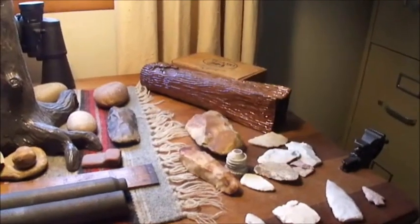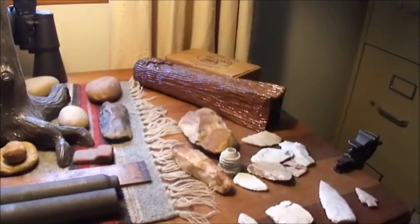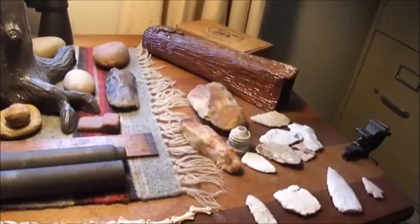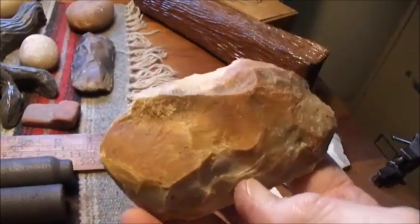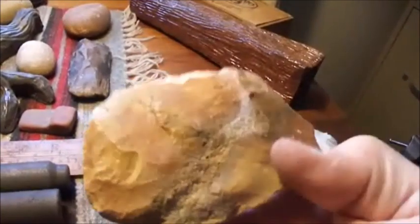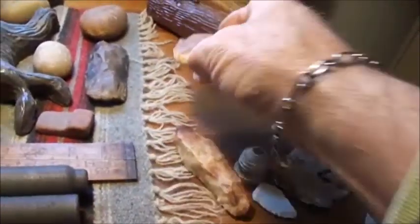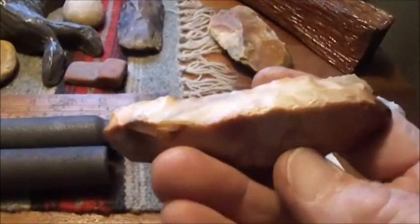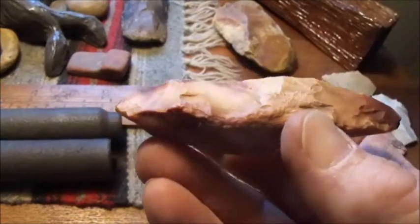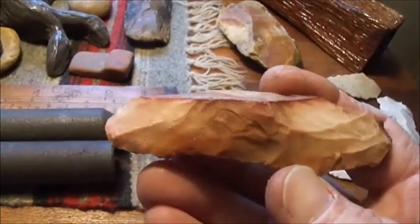Okay, I'm back at the house. Let's go over the finds for the day. 2 days actually. Walking out of the creek, the 28th, I crossed that rather large, crude and ugly implement of some sort. And then walking out today, came across that. I'm not real certain about it, but it looks,